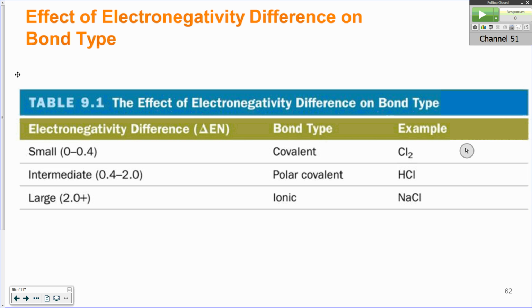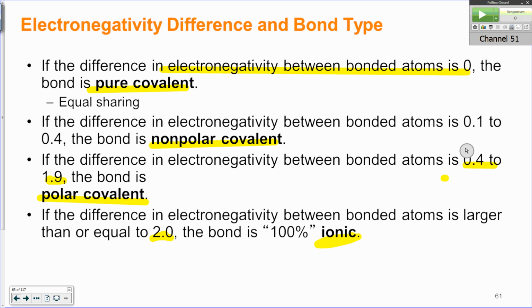There was a couple of slides of overlap or lack of overlap between where we were last year. So I'm going to go back and cover those slides because this wasn't talked about. The last thing that we were at on Monday was talking about the difference in electronegativity to determine what type of bond we had. We can use that to distinguish